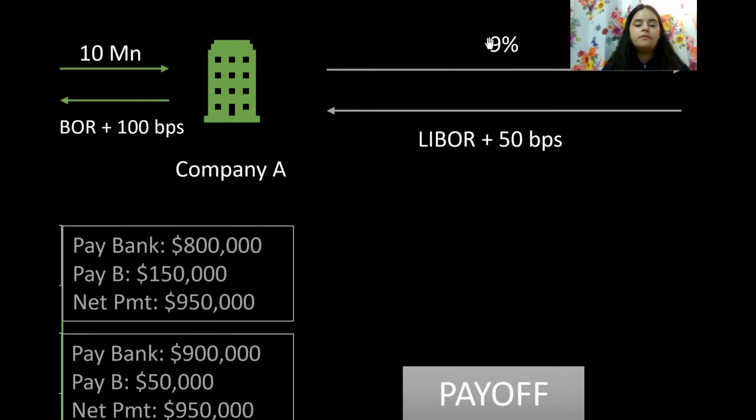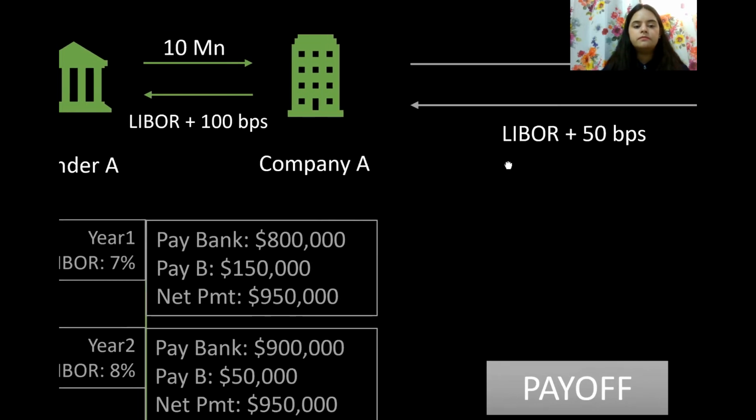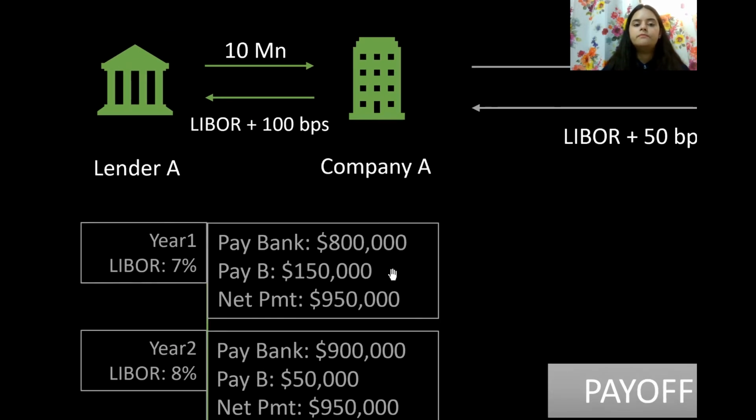So effectively what is exchanged is 9 minus 7.5, which is 1.5. Company A has to pay company B 1.5% because 9% is higher than 7.5%. So 1.5% of 10 million is